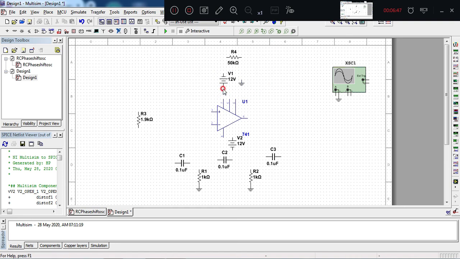Go on pressing Ctrl R twice, so that the positive terminal you are connecting to pin 7, and the negative terminal connected to ground. You can drag slightly. Then connect the power supply here by rotating it, so that it is negative.